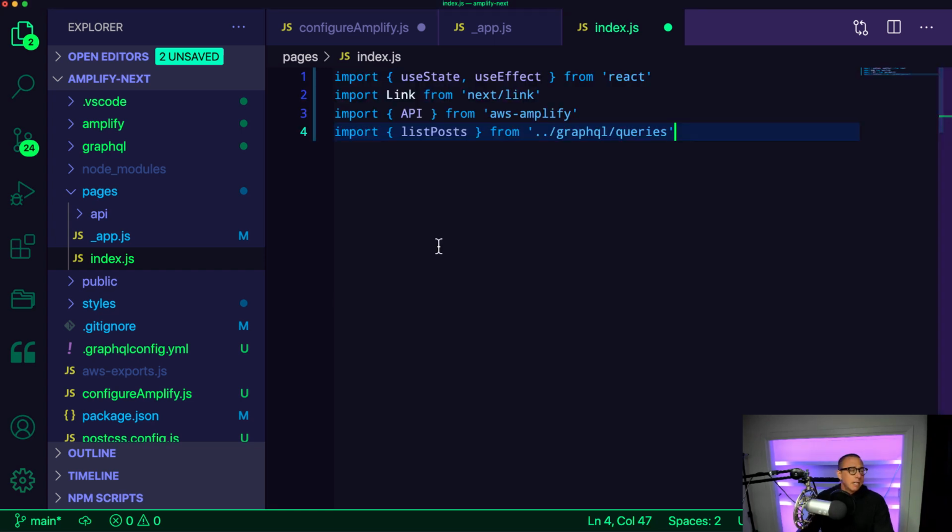So the first thing I'm going to do here is go ahead and import a few things. First of all, we're going to import useState and useEffect from React. We're going to import the Link component from Next.link, and this is going to allow us to create some navigation. We're going to create that later on, but we're not going to need it at the moment, other than just linking to an individual post in the future. We're going to import the API category from AWS Amplify, and we're going to import the listPosts query from